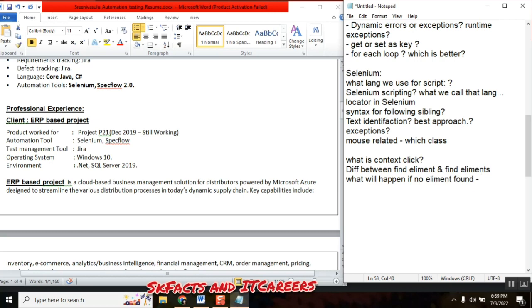There is no exception, I agree. But what would happen in an ideal scenario? Any idea? In an ideal scenario, when we use find elements, it's a list of web elements we get as a return. So when we use a list of 0 dot click, as you mentioned,